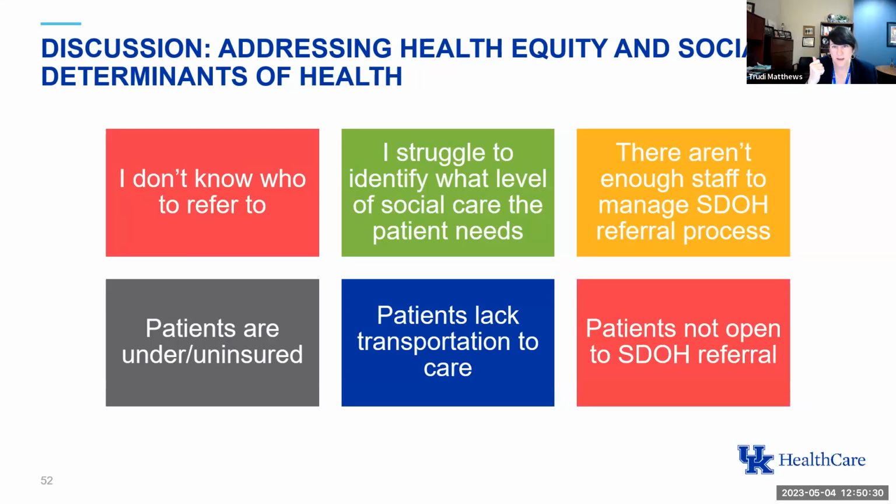Getting transportation for someone who needs it to an appointment is one thing, but if they have housing, food insecurity, multiple issues that need to be handled over a long period of time. What's the percentage of patients or clients that you all are seeing that have immediate, really pressing urgent needs versus long-term needs? And then how do you resource that? Any thoughts on finding a balance between the immediate versus complex needs?